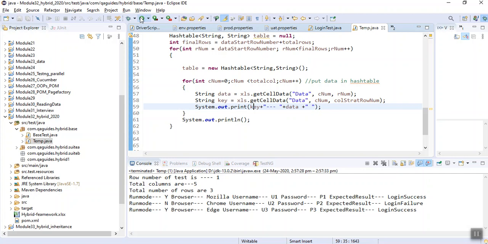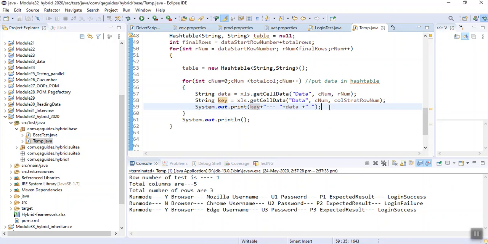See how good it looks. We have run mode with its value, browser Mozilla, username U1, password P1. So we have a key and its value. This one row has a complete hash table, this row has a second hash table, and this row has a third hash table.